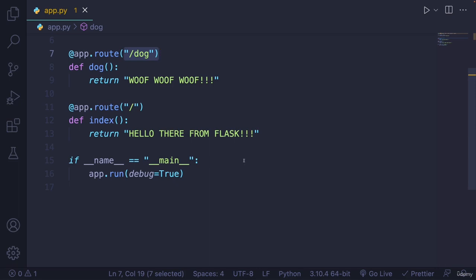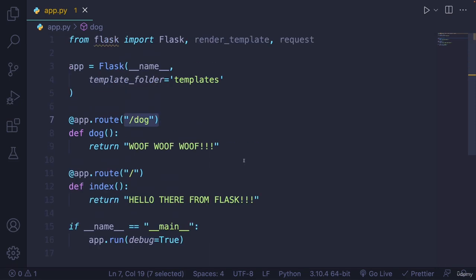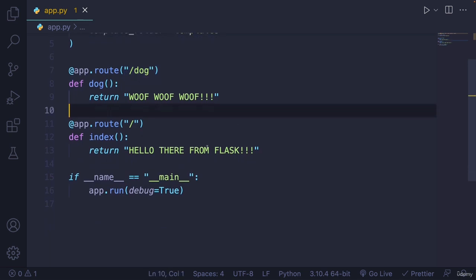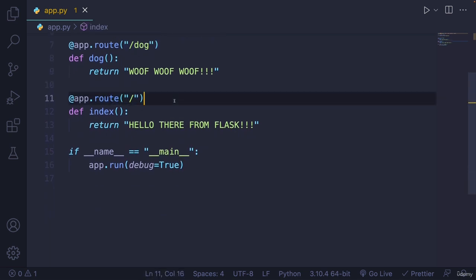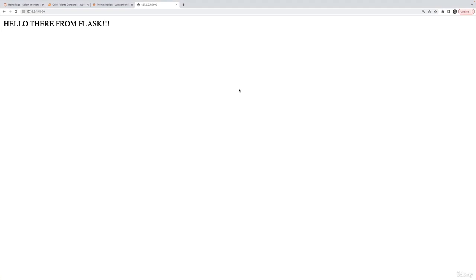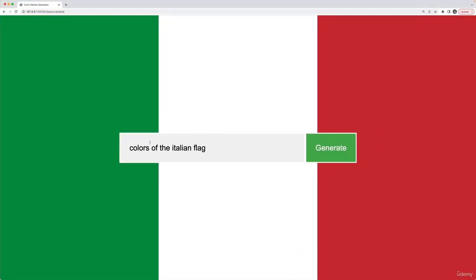Okay, so our next step here is to set up our basic routes. And the structure of our application is going to be very simple. We're going to have a single template that we render. It doesn't exist yet. And this template will have some HTML, some JavaScript, some CSS. And then when that loads in the browser, a user can search, right? Enter in their search. Do I have it open still? Yes, we can enter in our search term here, or our prompt, generate, and then that will send a request